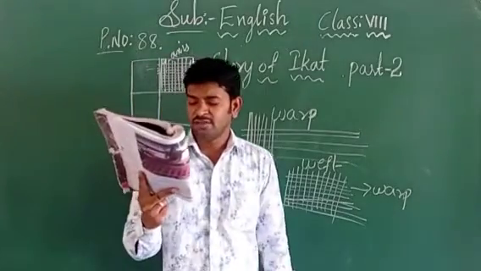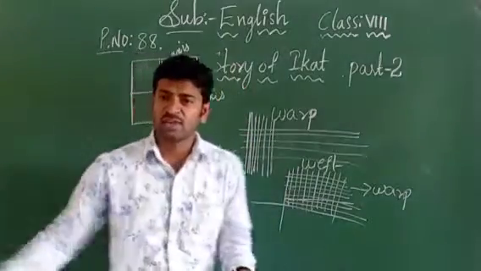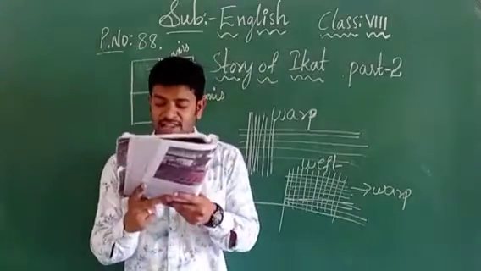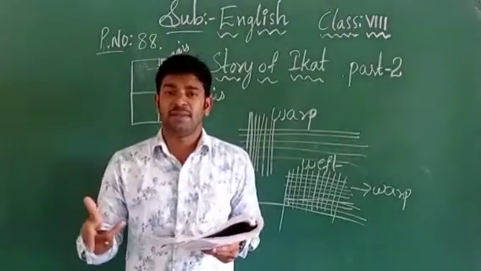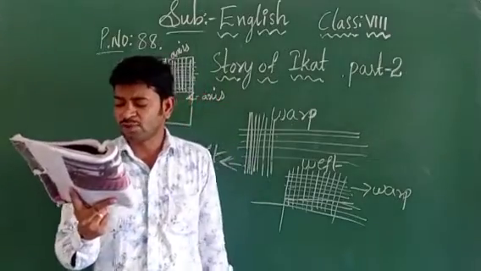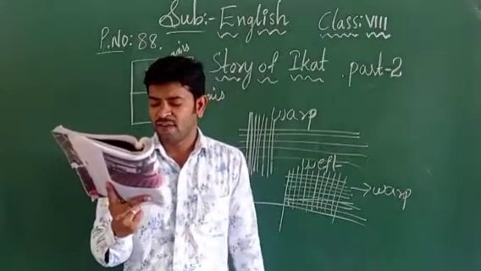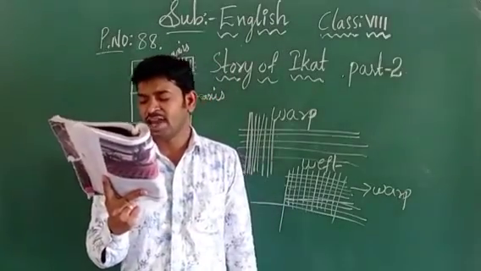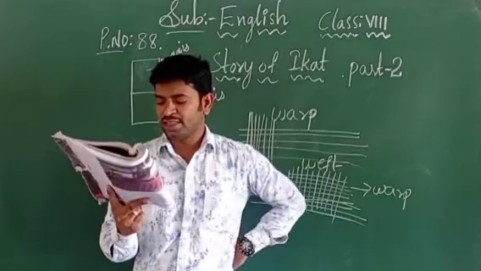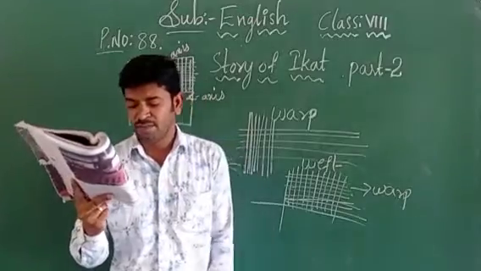When trade was vigorous with other nations in Southeast Asia, vigorous is nothing but strong, children. When the trade was strong, trade is nothing but business. When business is made with other countries in Southeast Asia, tie and dye or chitiki as length of fabric was a favorite export item, both in silk and cotton. So when we export these fabrics to other countries, the tie and dye method has become very famous.